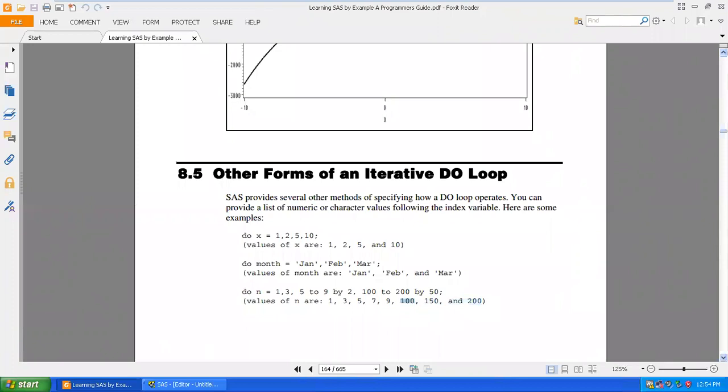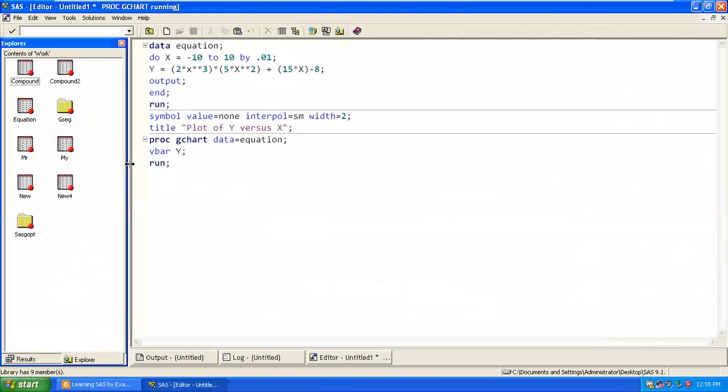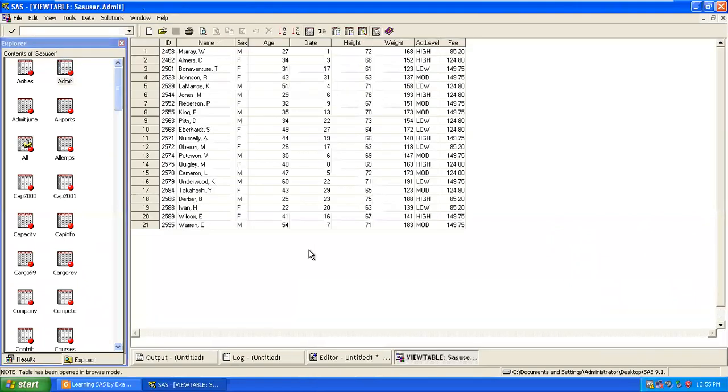So if you wanted to tell SAS to go to the 100th position and do calculation, with the help of do you can use the calculation like that. Now 100, you can try. I'll tell you the things now. I'll give you. You can try this. Now you have admit, correct?